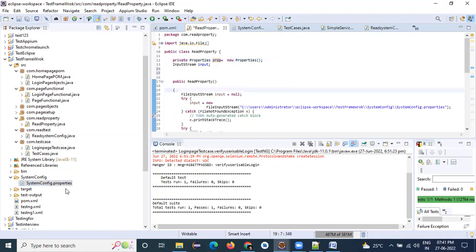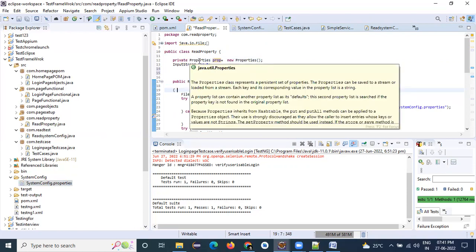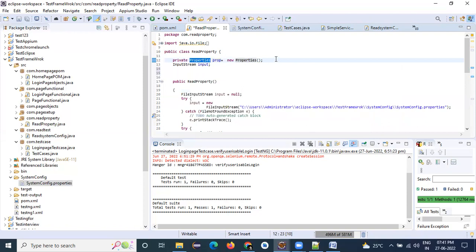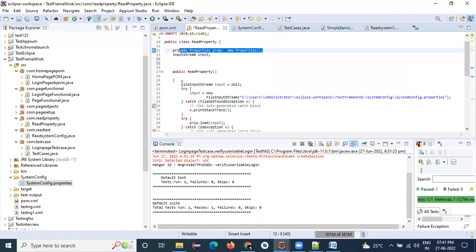So in order to read property files, Java provides one Properties class exactly. So you can directly read by using this class, the Properties class. Create a reference variable, create an object of this one. If you remember how to read, I told you, right? Again, you can make use of a file input stream. So you are